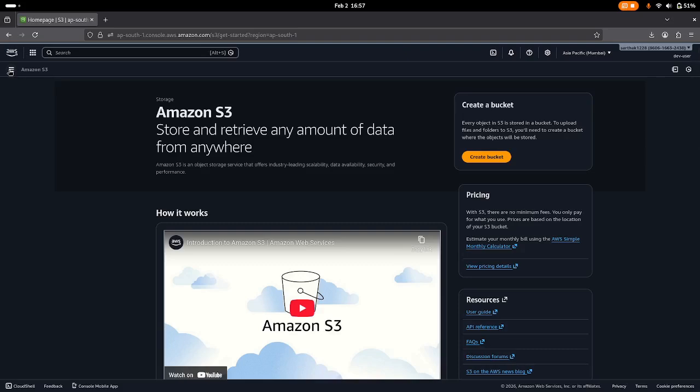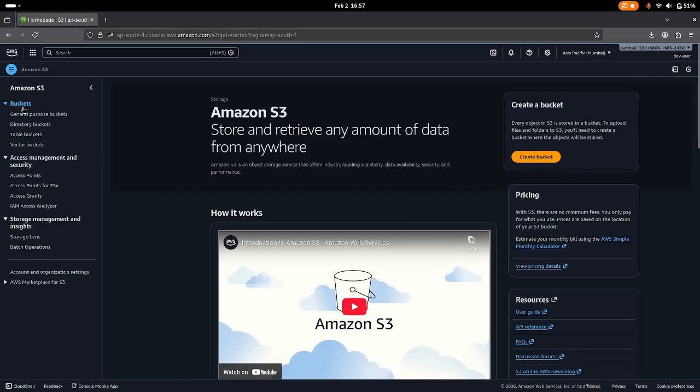So click on this, and here you can see all the options like buckets, directory buckets, table buckets, etc. This is the access management and security, right? Here you can use the IAM access analyzer, like if you have given access to an IAM user, and if he creates an S3 bucket, you can analyze that over here, and you can manage those accesses, right? So I want you all to click on this create bucket option,